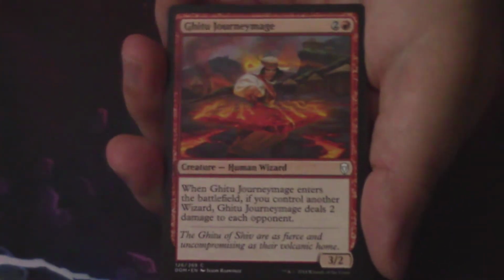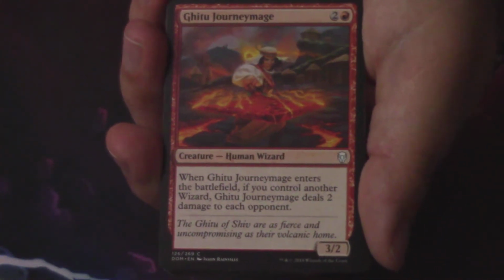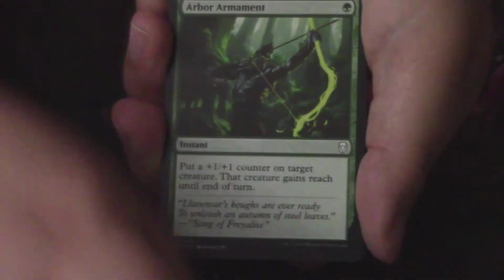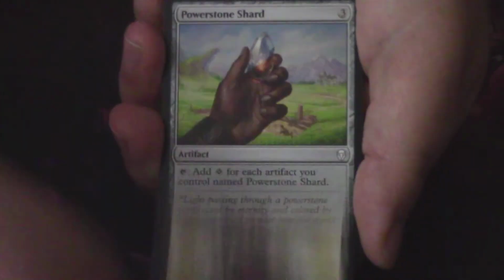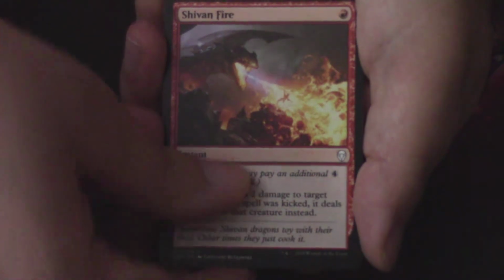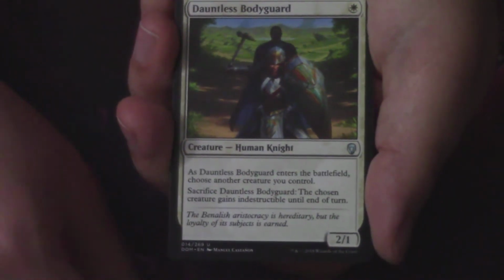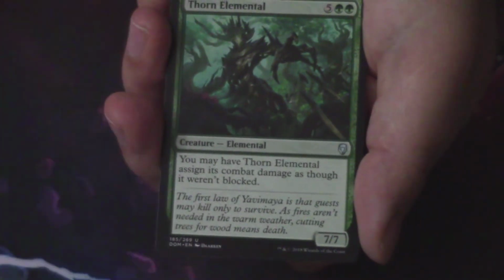But with Halar, Halar's 3 mana, which is nice because everything else that is big and eye-catching that we've opened in green so far has been quite high. So going a little bit lower in the curve would be nice. Gitu Journey Mage, Excavation Elephant, Windgrace Acolyte, Arbor Armament, Academy Drake, a Demonic Vigor, Power Stone Shard, Shivan Fire, nice, Call the Cavalry, Llanowar Elves, that's a way to ramp a little bit, Dauntless Bodyguard is the first uncommon,